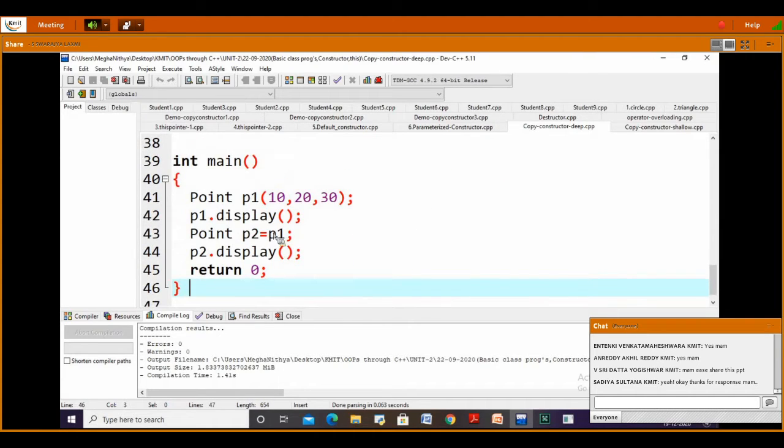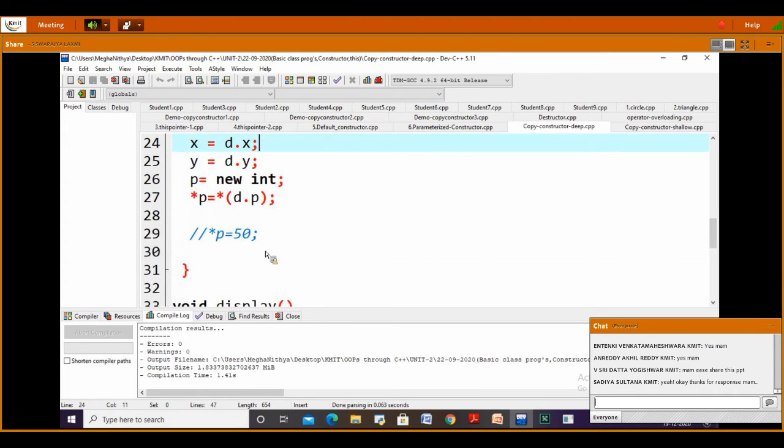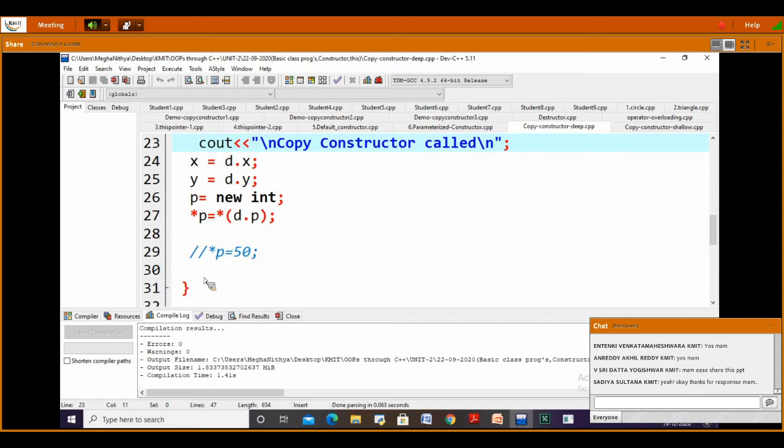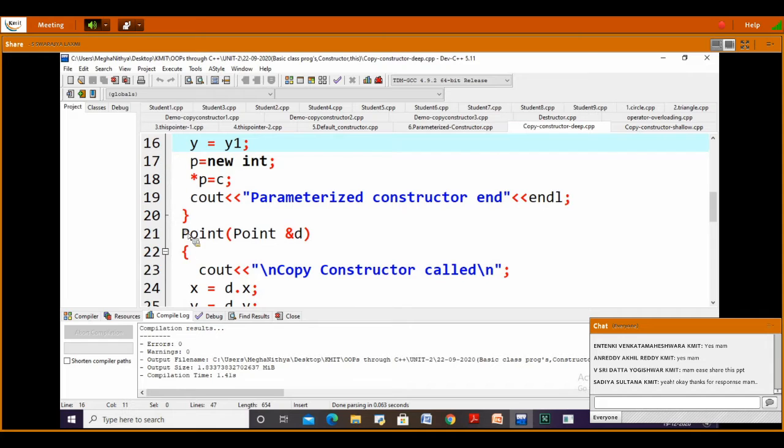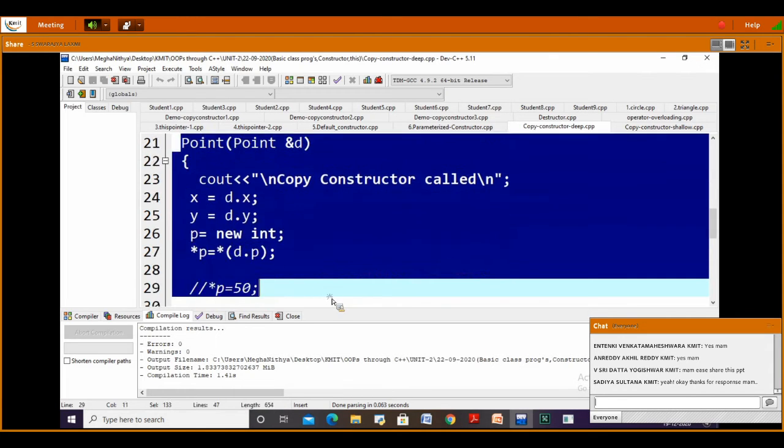When I'm modifying, like point p2 is equal to p1, the same value will be copied into the second one. This is our parameterized constructor.